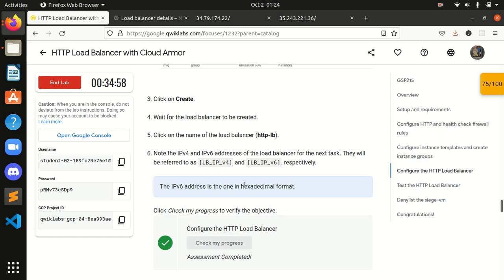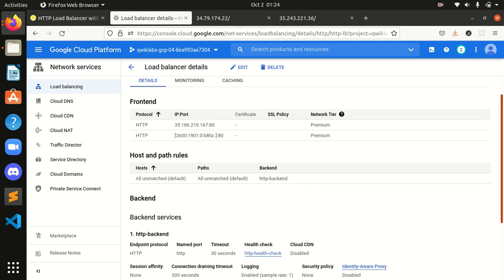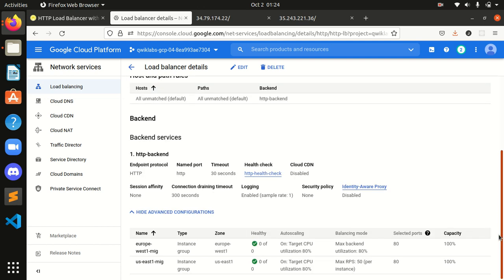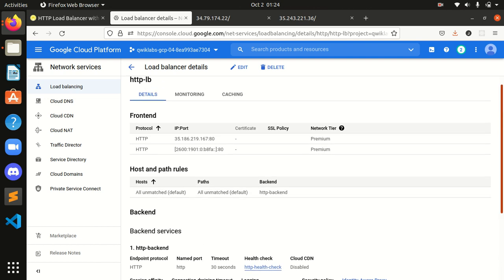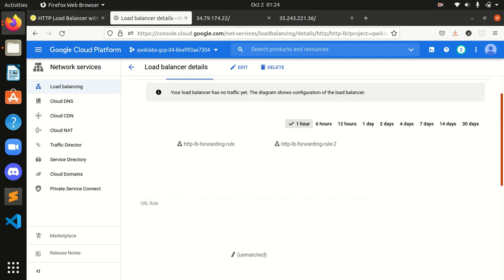Okay, guys, it's like V4 and V6. I'm not getting it. Let's see in the monitoring part. Is it here?